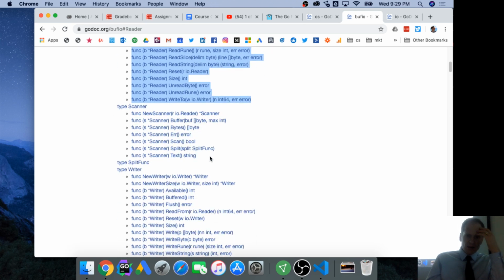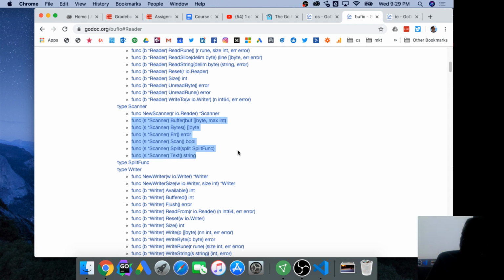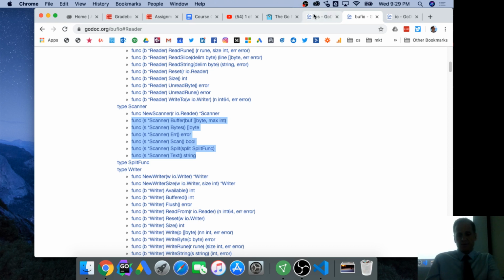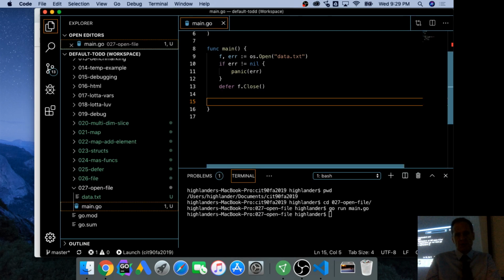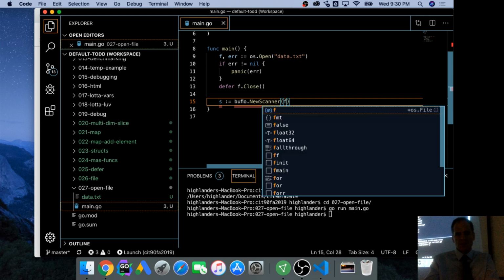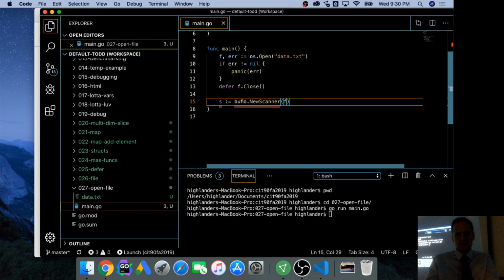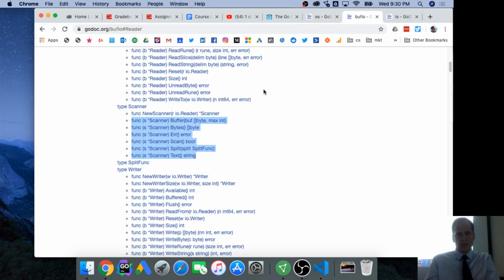Except I want a scanner. Same with a scanner. I could pass in a reader and I get a scanner, because then I could scan and then I could get text. So I'm going to do bufio.NewScanner. And that's going to give me a scanner. And it takes a reader, which will be the file. And then when it scans,